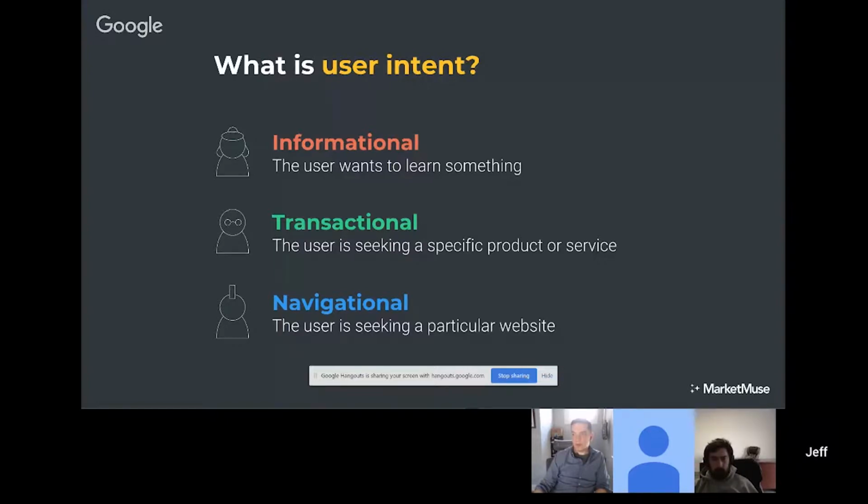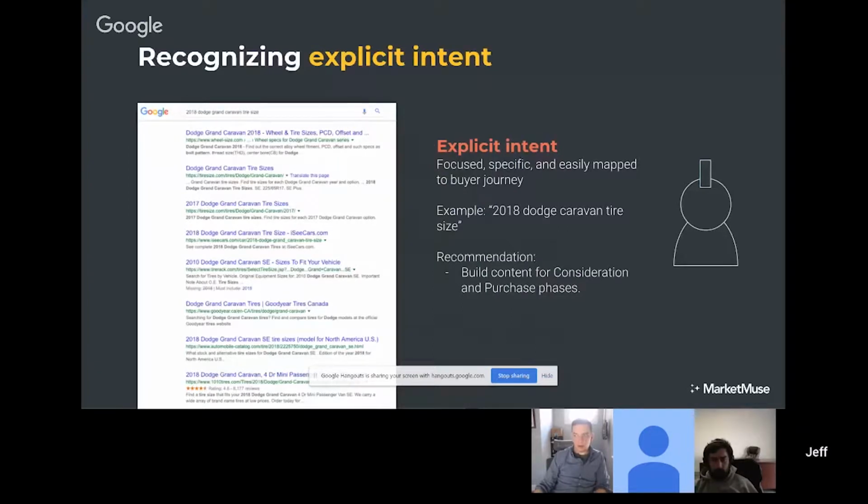thinking about user intent. They're like, okay, well, I've got this one. I'm going to map this word to this user intent. It doesn't mean all that much unless you can draw some sort of correlation and use that to define your strategy. So what today we're really going to speak about is a couple innovations in user intent that I've been working on personally with artificial intelligence and machine learning. And it gets us closer to the way that the search engines are thinking about intent. And it also will get you critically thinking about